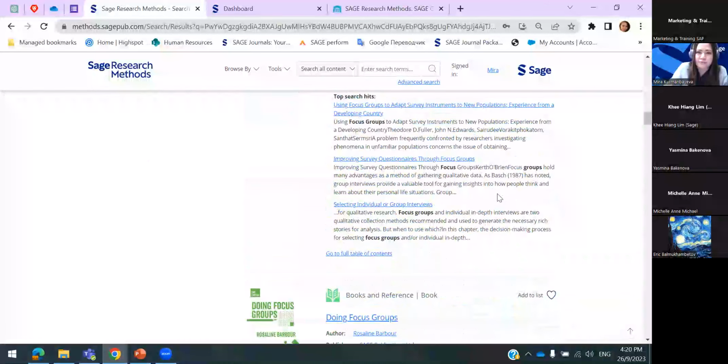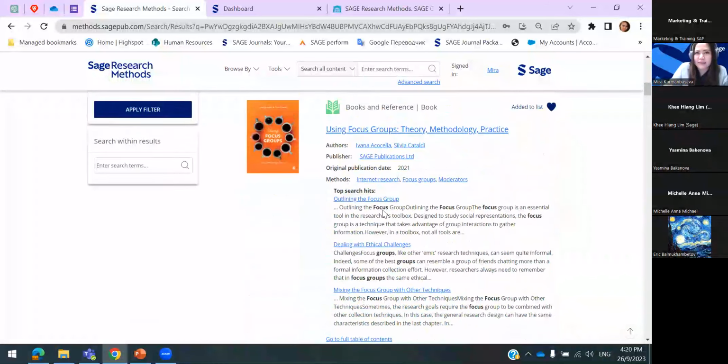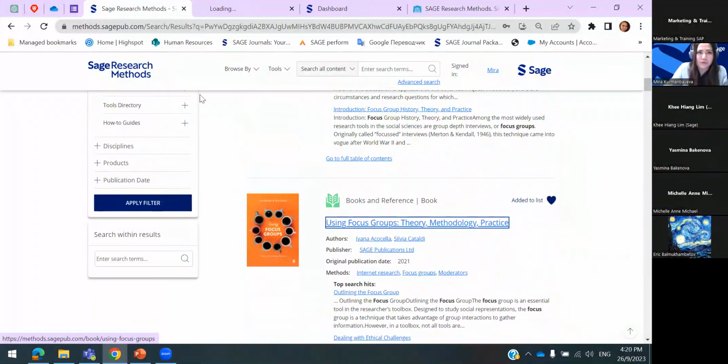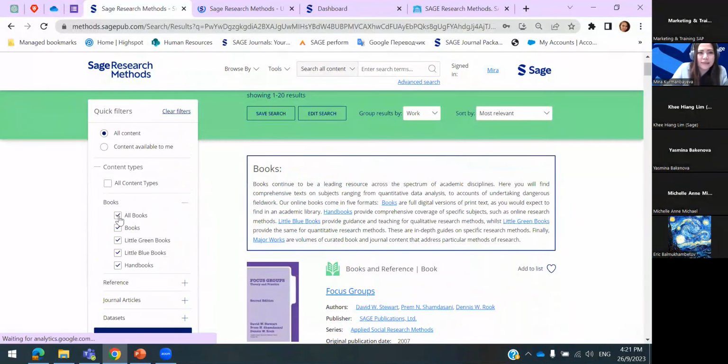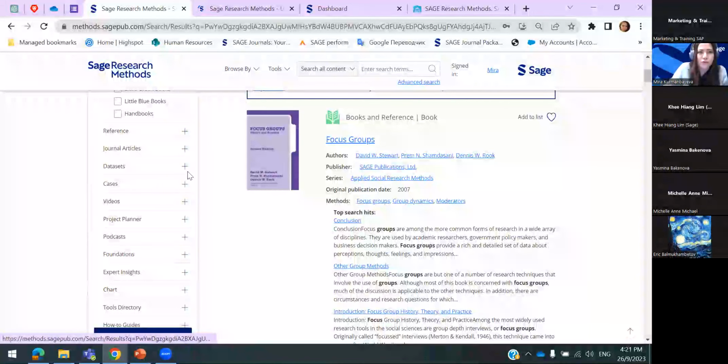Let's say this is a good book if I was a researcher. So let's open that. I'm going to untick books now and show you data sets as well,